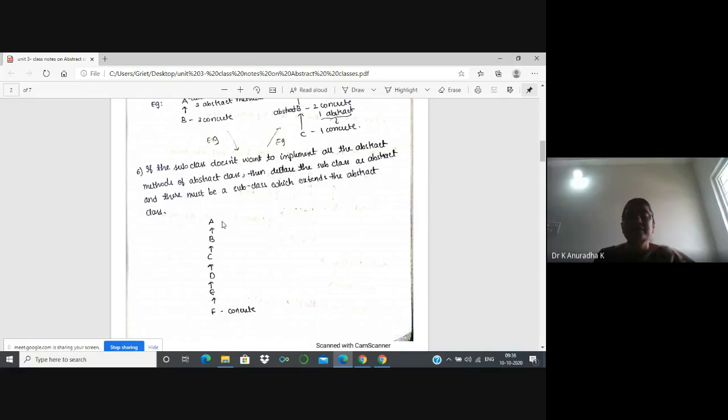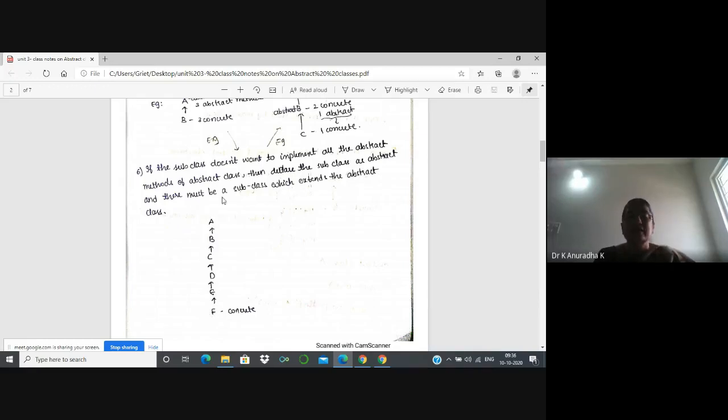Okay, here 10 abstract methods are there. Here I am implementing two, here two, here two, and here I am implementing one only. Means one is left now. That one is implemented in this class. In this case, all these classes A to E must be declared as abstract.